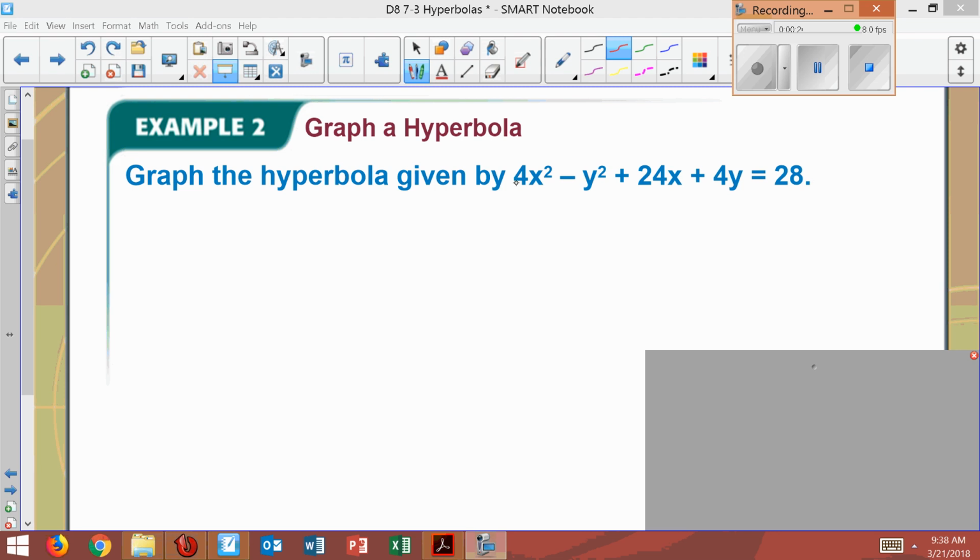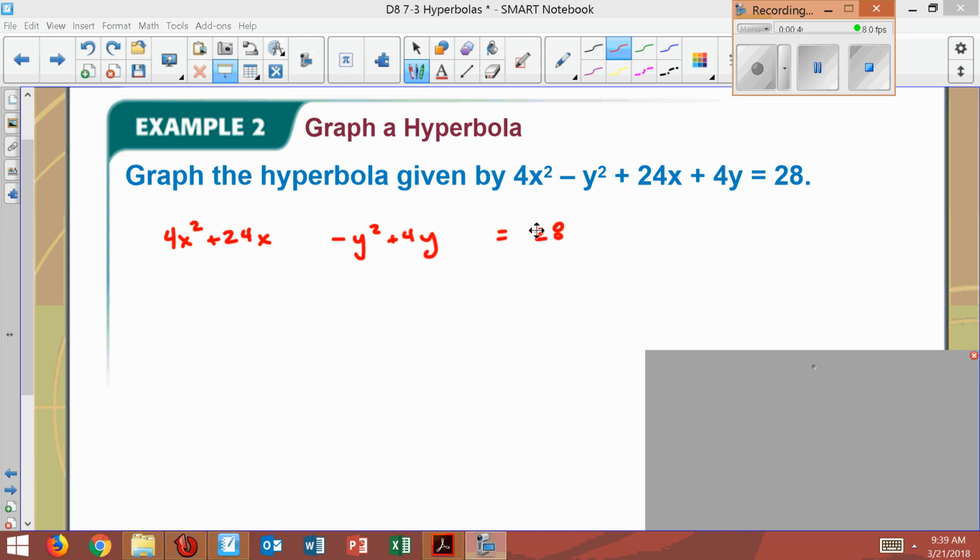You put your positive squared term first. So I'm going to have 4x squared go first, followed by the 24x. It doesn't change sign because it's already on the left. I'm going to leave a blank, and I'll have the minus y squared, plus 4y. And then I'll leave a blank because I'm going to have to complete the square on both of those, equals